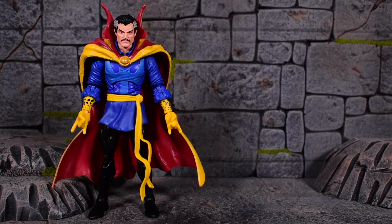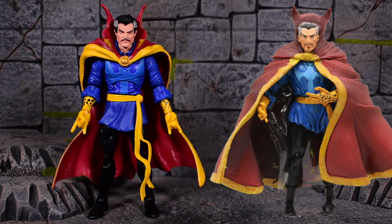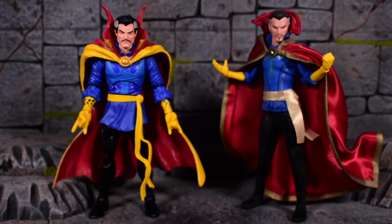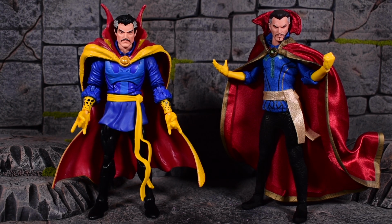Alright, so I do not have the Toy Biz Marvel Legends Doctor Strange, but if I did, it'd look a little something like this next to him. You know, roughly, give or take. And then here he is next to the Mezco 112 Collective Classic Doctor Strange. As you can see, of course, we have soft goods, cloth cloak of levitation, which articulates, so that looks nice. But for a, I guess, $27 figure compared to what is probably over $100 now for the Mezco version, I don't know what he goes for, but